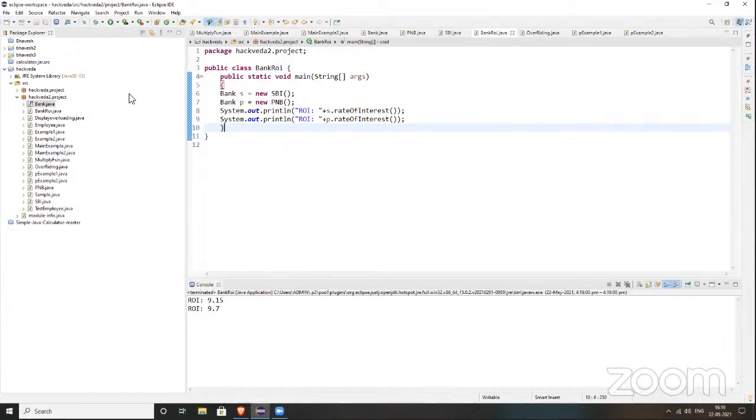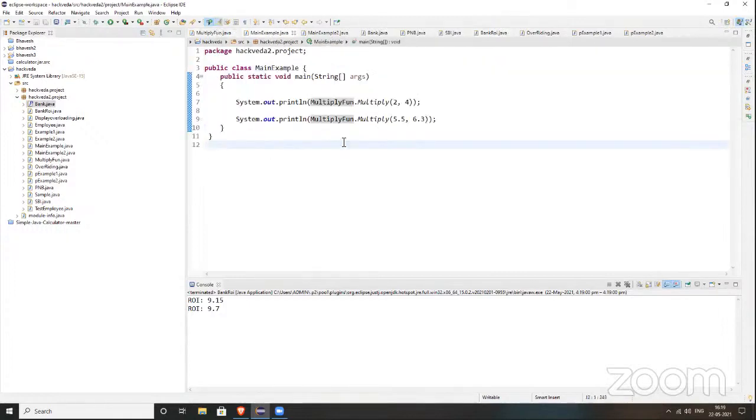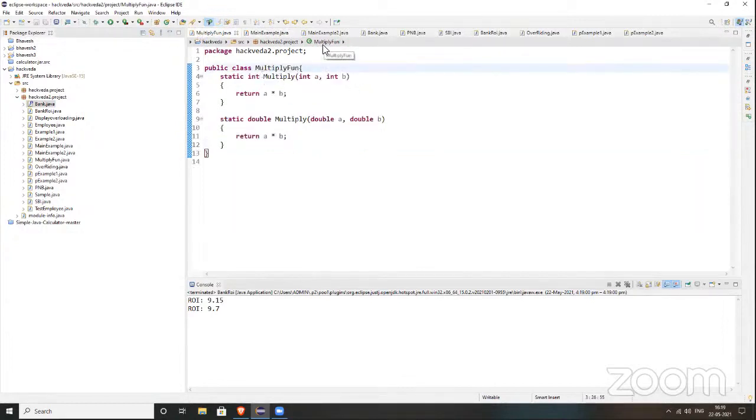Oh, two. So one, I need to see how you create the class on your system. And another one is that you had written multiply fun here and your class name was example and it was running fine. Yes, that's only what I said, right? You open that file, the multiply one. Here you rename this to example one.